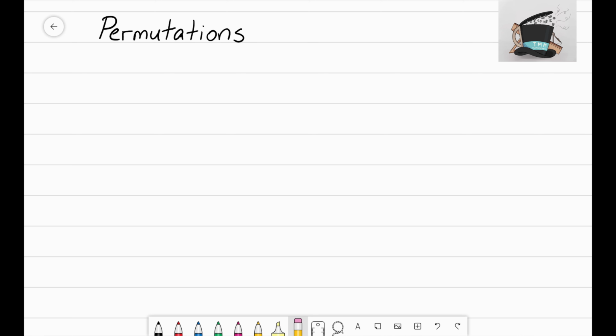Now our book has a nice formal definition where they say a permutation is an arrangement of items in which the order of selection matters and items cannot be selected more than once. What I'm going to do is shorten that up a little bit, because I don't want to write out this big, heavy, formal definition. So here's what I would like to say permutations are. Permutations are an arrangement of items